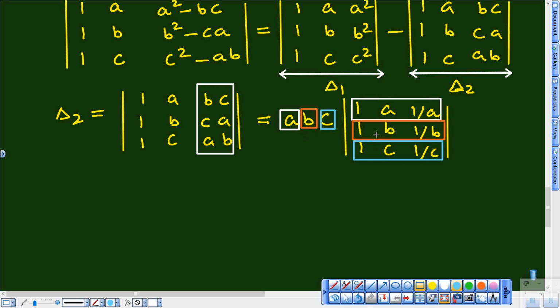Now you can see that you can match it with a color. A I boxed with white, so I am going to multiply in the first row. B I boxed with orange, so I am going to multiply in the second row. C I am going to multiply in the third row. Now once I complete this step, you can see what is going to happen. The same determinant will become